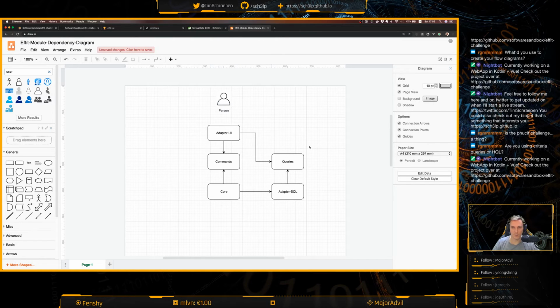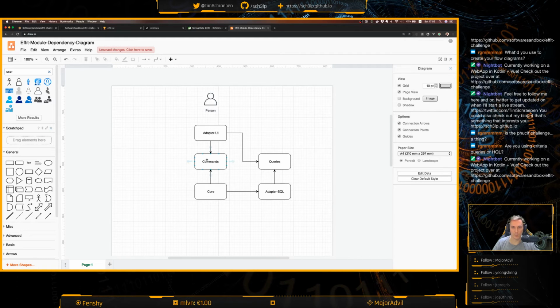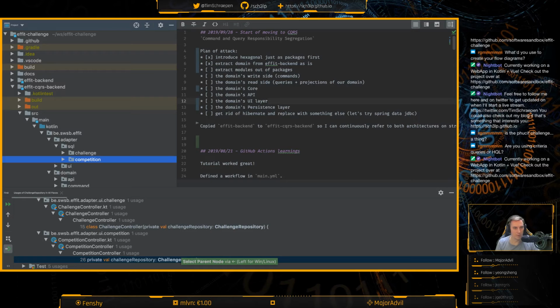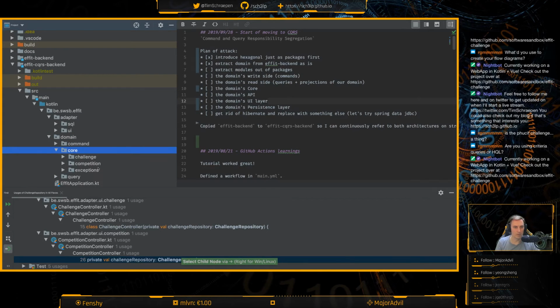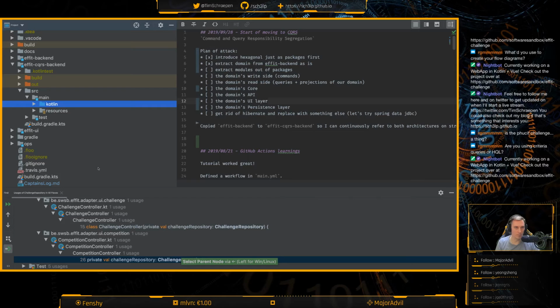I'll need some orchestration things though, like maybe I could put that on the API thing. We'll see where I can put that. I think maybe it can just be in these packages. So let's do commands, queries as modules, then core and adapter SQL. We already have those. So I don't think I need API. So that means this can go. Queries I am going to need. Same for commands. Okay. Let's actually also add that